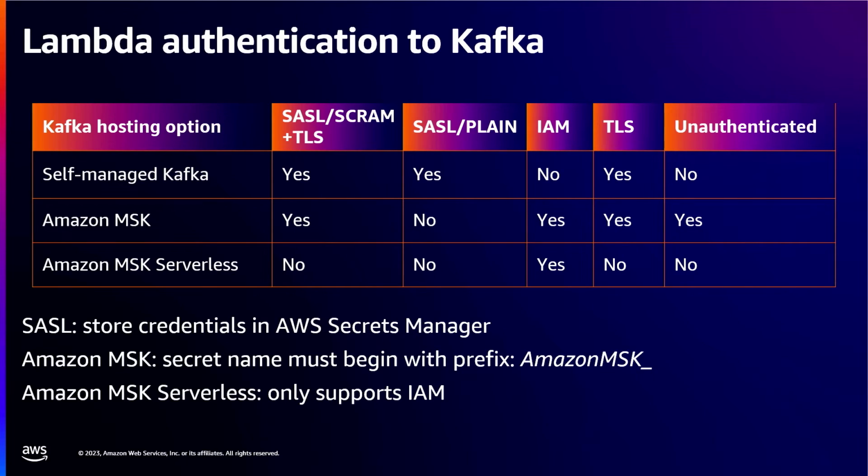Now, this is probably more relevant to when you're writing producers in other languages, or if you're running your own consumer, because remember, with the event source mapping, Lambda is handling the polling for you and handling that authentication. You don't need to do it. But if you are writing your own consumer elsewhere and using IAM authentication, it's useful to know that it's much easier now in Python, Node, and Go. I was doing some data streaming stuff earlier this year, and trying to get Python working with IAM was just an absolute pain. So it's really nice that they've released this open source library to be able to do it for you.